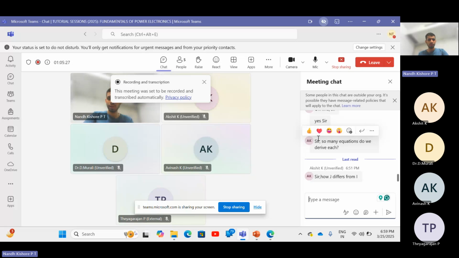How J differs from I? I don't get this question. How J differs from I means what is the relation between J and I? Is that your question? J is basically